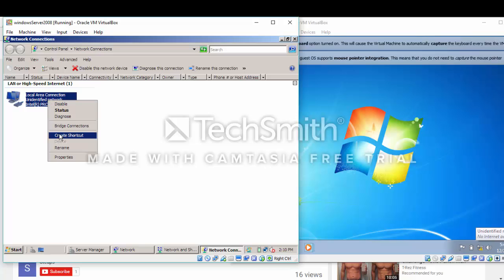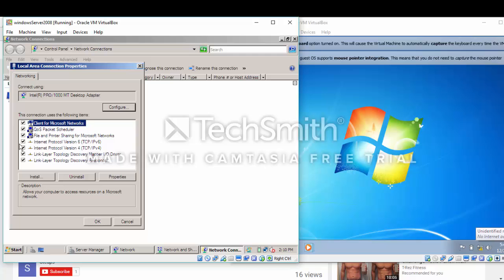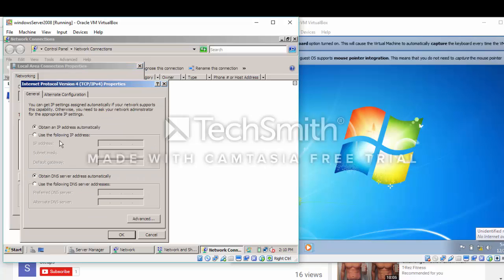We're right clicking on local area connection and going into properties. Right, we're unchecking IP version 6 because we're not using it, and then we're double clicking on IP version 4. As you can see, it's on obtain IP address automatically. That means it's a dynamic IP address, it's changing all the time. So we want it static. So we're going to click on use the following IP address and we're going to enter